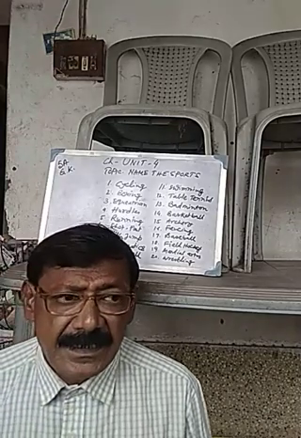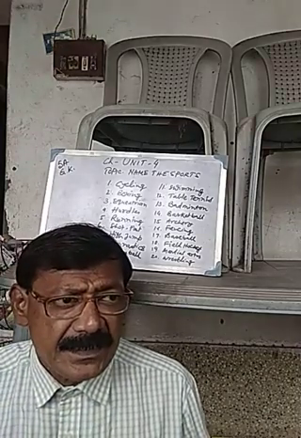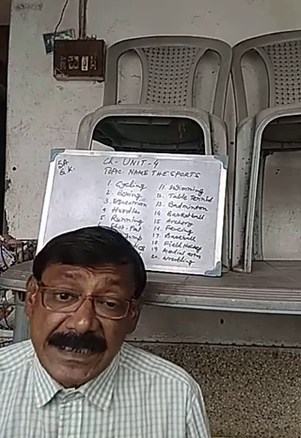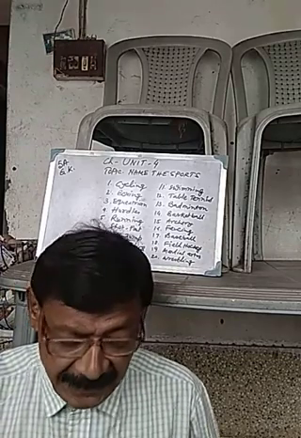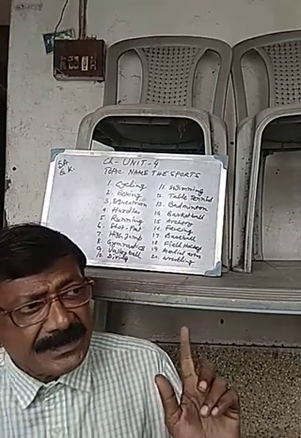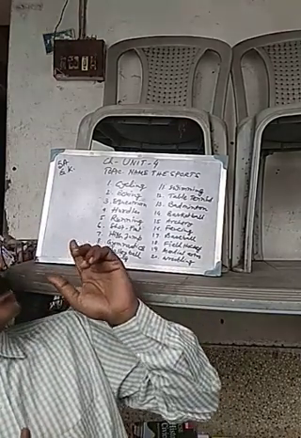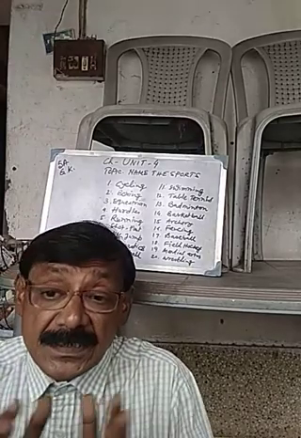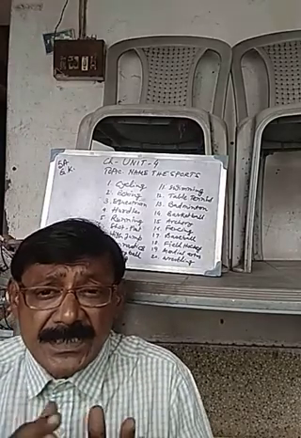Cycling. In this event, one person rides one bicycle. This is known as cycling. And the second one, what is this? The second one is boxing. What is boxing? Two persons punch each other.